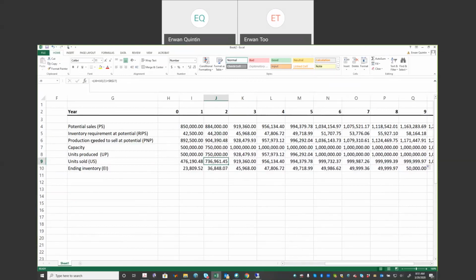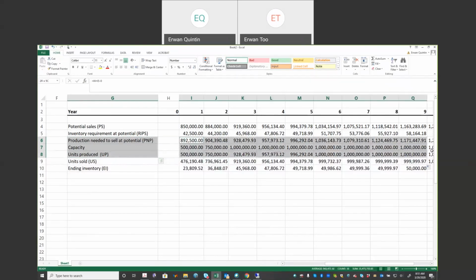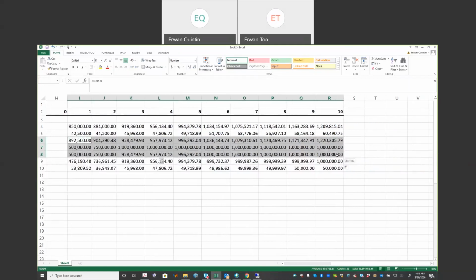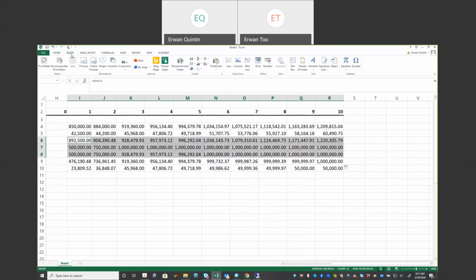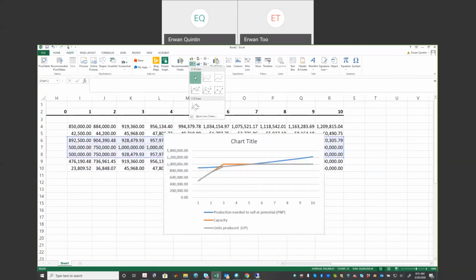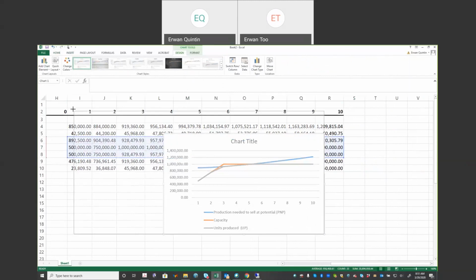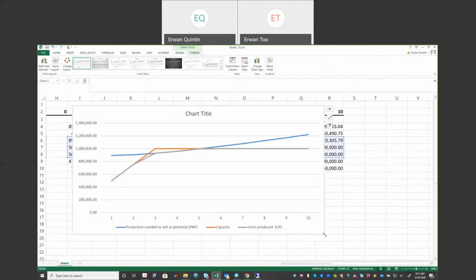So let me, for instance, look at production needed to sell at potential, capacity, and unit produced. So I'm going to take those three objects. I'm going to push control and I'm going to take the corresponding data over 10 years. There we go. Then I'm going to insert a line chart, this guy, and I'm going to make my chart as big